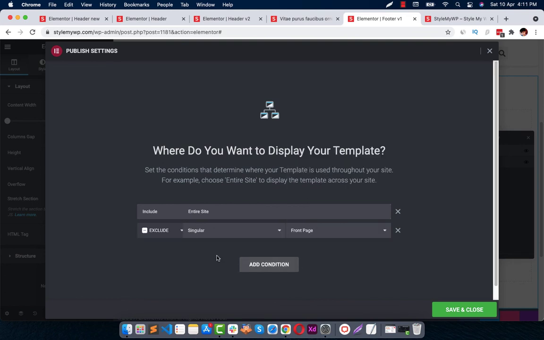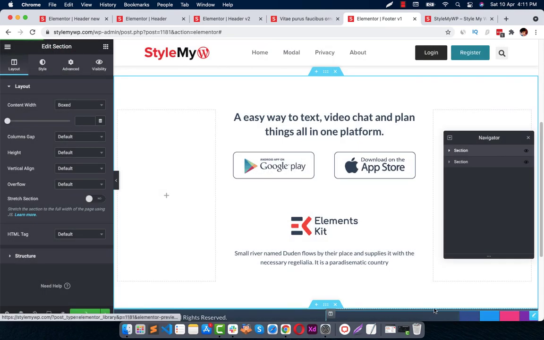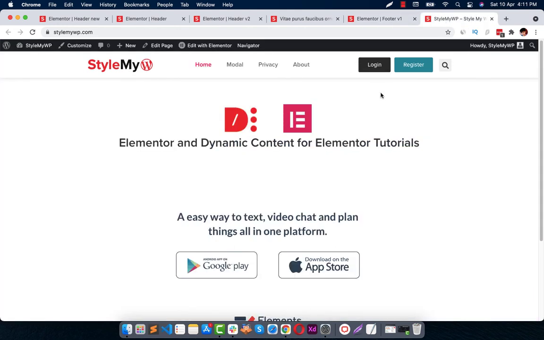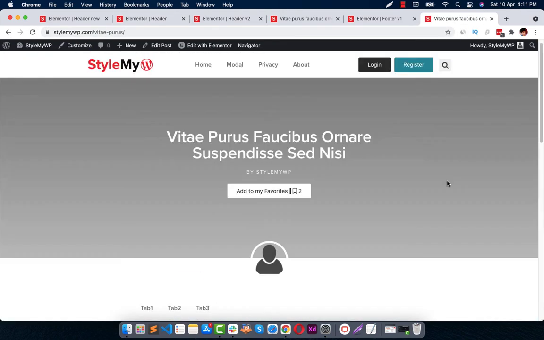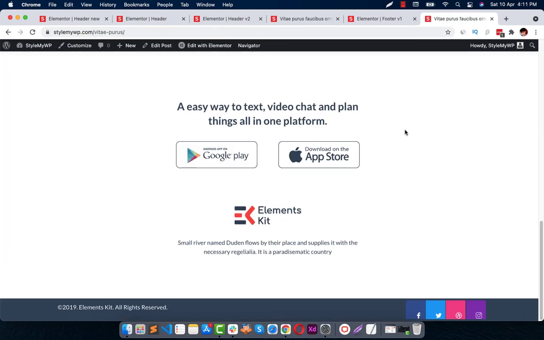If I choose it, it is on the entire site but excluding the front page. When I save it, you can notice this. It is gone from the front page, but when I go to any other page like this, it will be there.